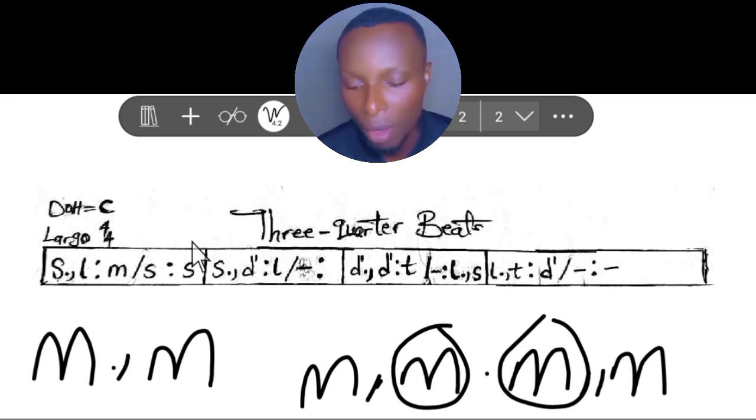and I hope you remember that we said that if your key is do, you are to run your scale from there upwards. It depends on the note, the first note you have on the song. So right here we have so. So if our key is do, you will run your scale upwards. Do, re, mi, fa, so. So that's where you get the so to start the song with. So it's so, right? So now that we've gotten our key and the tempo, remember, is,